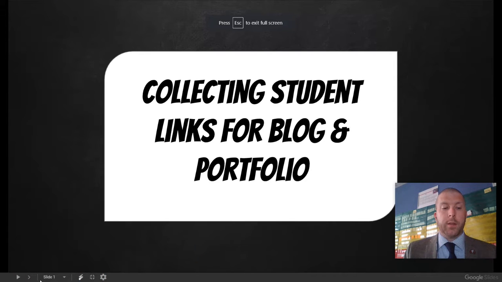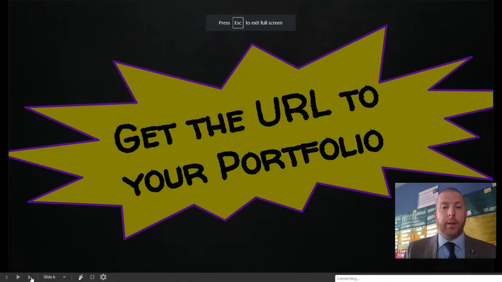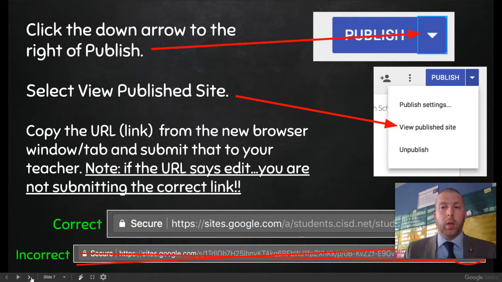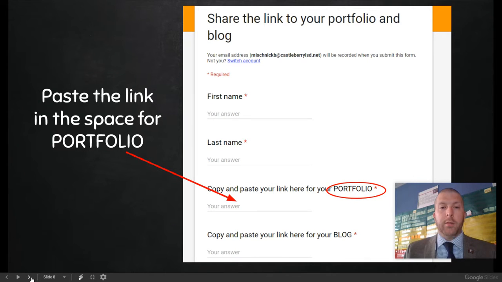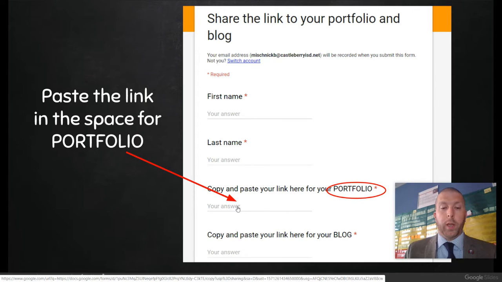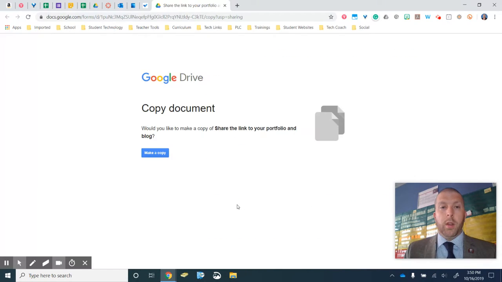If you click on this, you'll see that it's literally going to walk you through what they're going to do on their website. So you can see where they're going to go and what they're going to click to be able to click and copy their link. Then they're going to go in the Google form and paste it where it says portfolio link. If you go ahead and go through that,